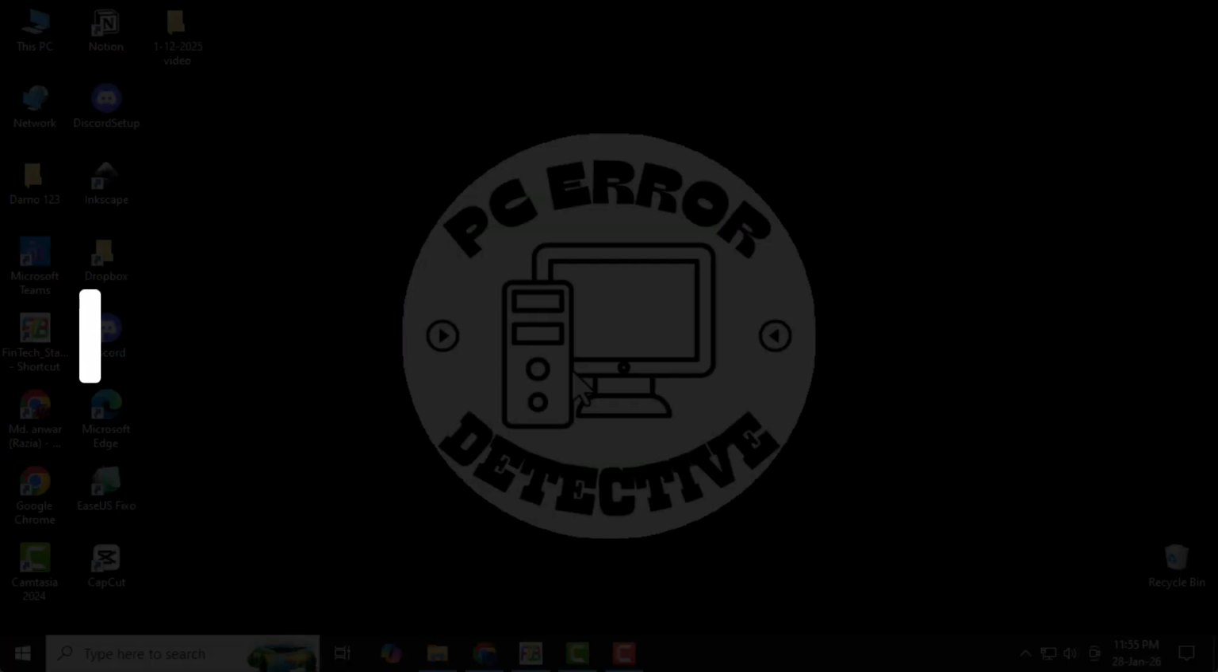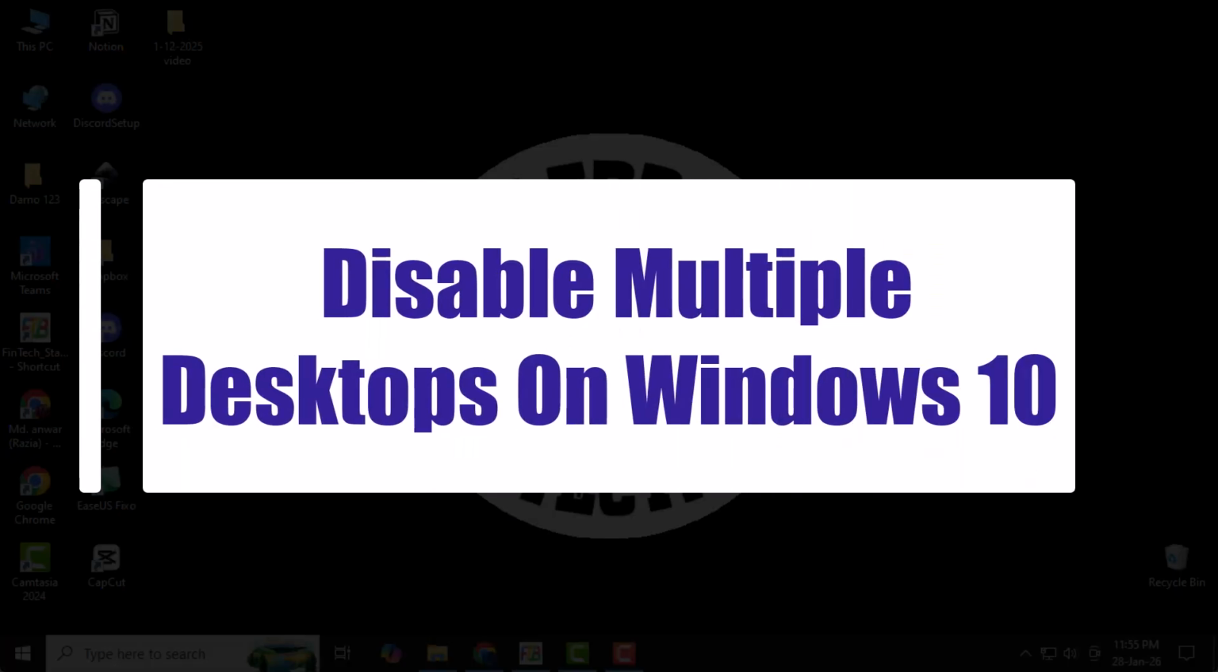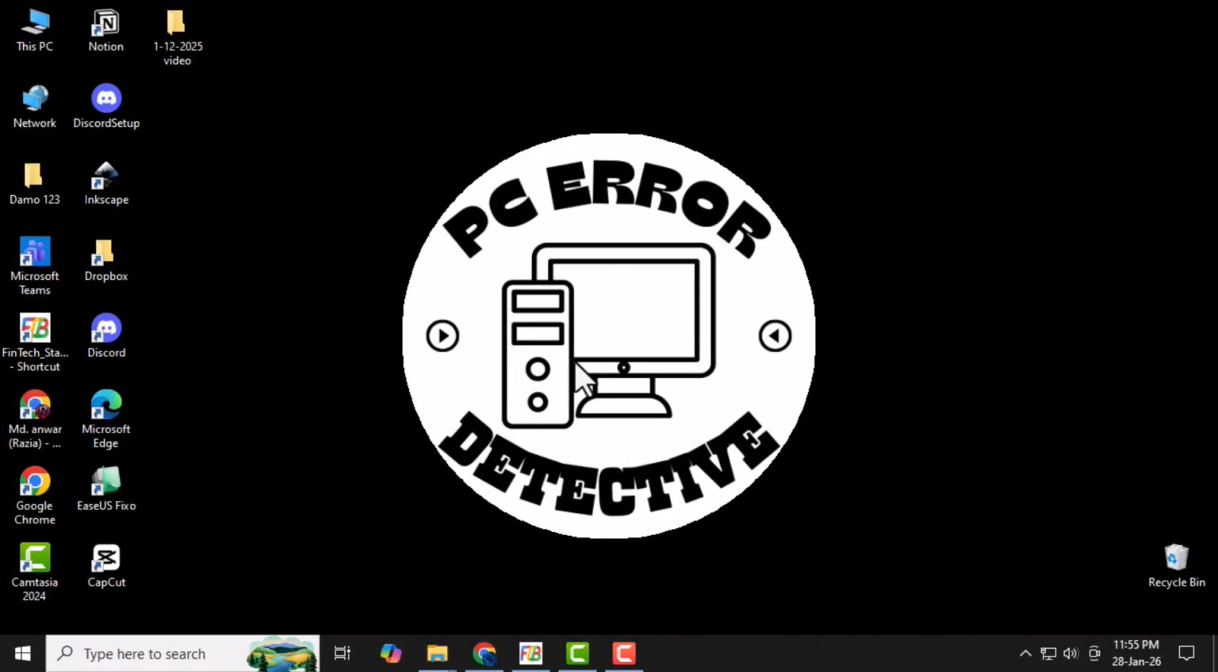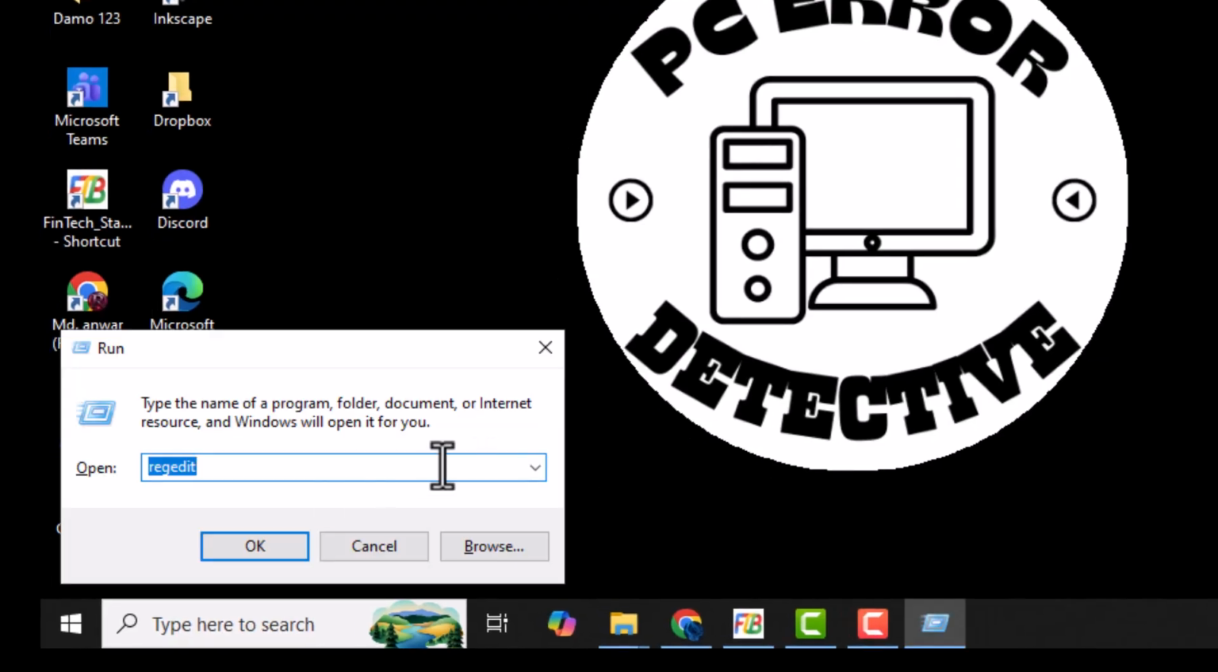Today I'm going to show you how to disable multiple desktops on Windows 10 and make your Task View button disappear easily. Step 1. Press Windows+R on your keyboard to open the Run dialog. This is a quick way to access different system tools, and it's the first step to making changes in your